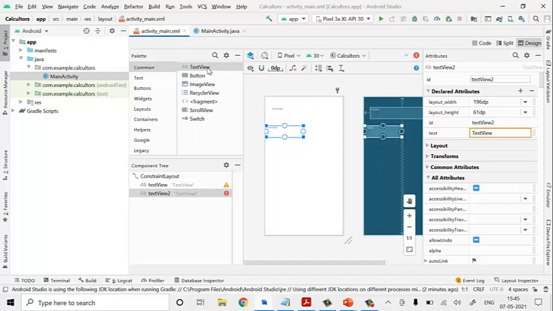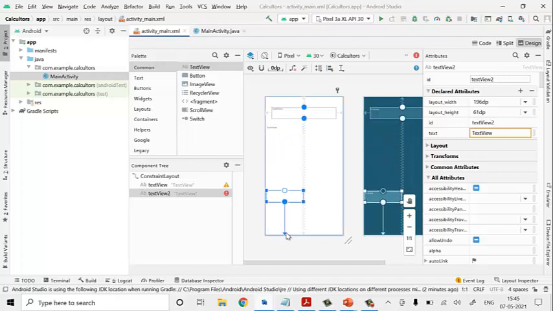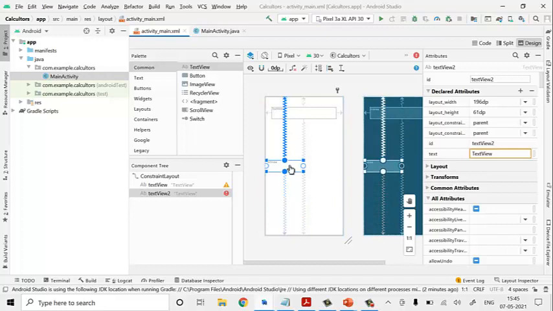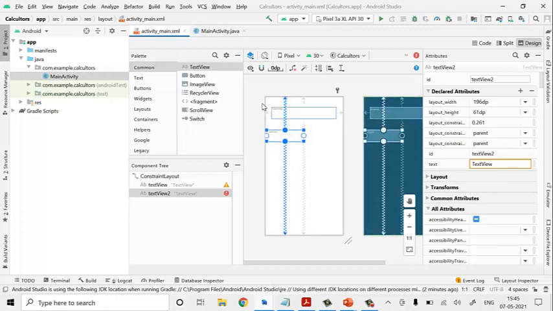Okay. Next, we will arrange this also. Take it, drop it, again pull it up, and wherever you require, you can place it. Now I have taken the "Enter number 1" label.